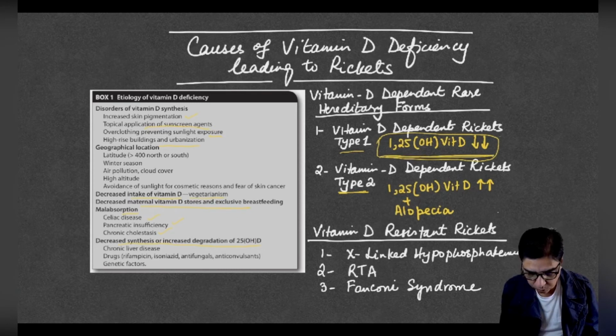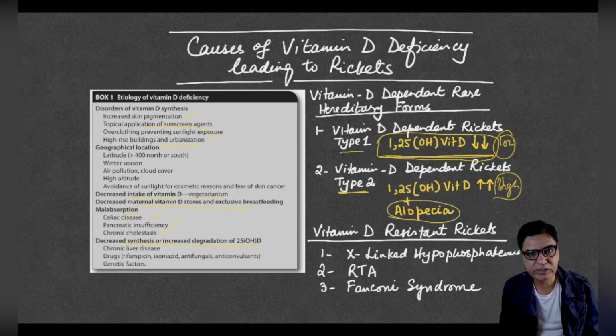So it would be low in type 1 and it would be high in type 2. This is very important. The other thing is that these kids who have got type 2, they have got alopecia, patchy alopecia, and it's more common in the Middle Eastern races. So kids of Arab origin or Middle Eastern origin having rickety changes with patchy alopecia, think of vitamin D dependent